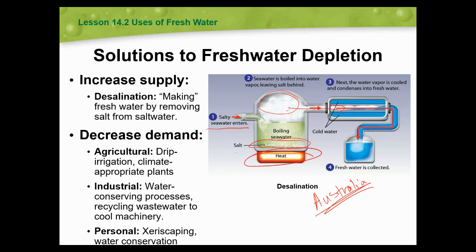And then in personal, there's xeriscaping. Xeriscaping is growing like a native yard. So in some areas, this means letting native grasses grow there instead of like the typical grass, like Kentucky bluegrass. Or what we might be talking about is in places like New Mexico, having your yard be just desert or rocks or something like that. So sand and rock kind of displays.